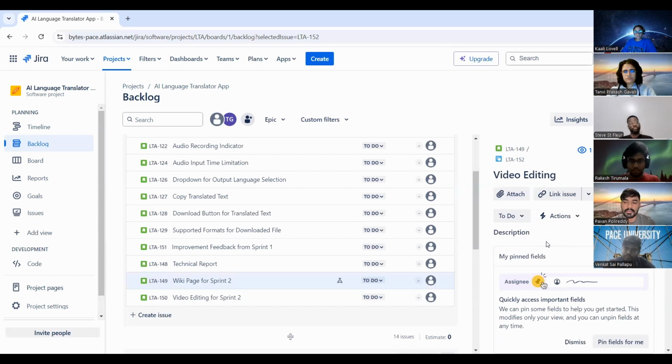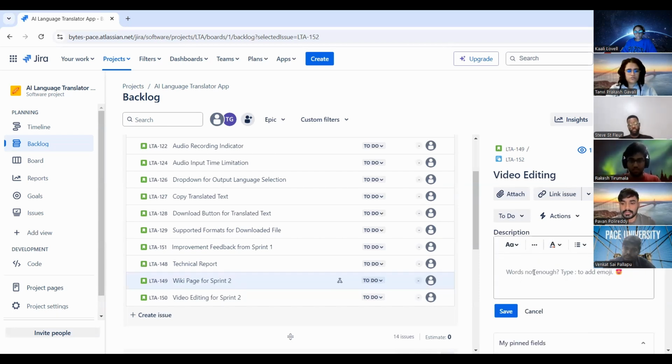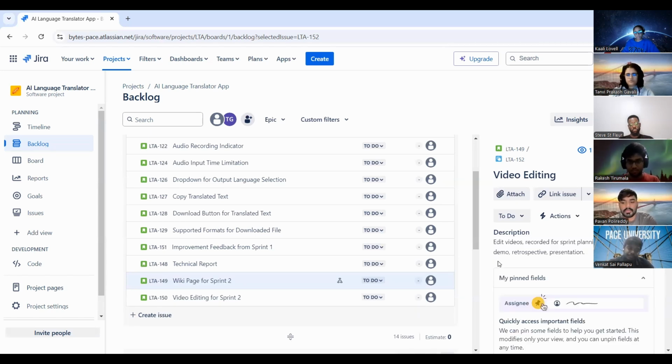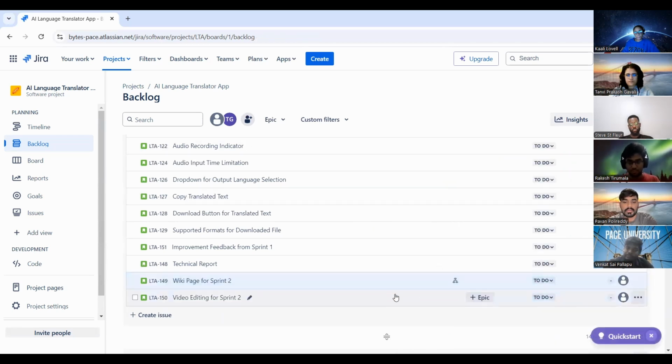No, just add some description so that people will know what the story is about. Okay. And then I'll delete it.